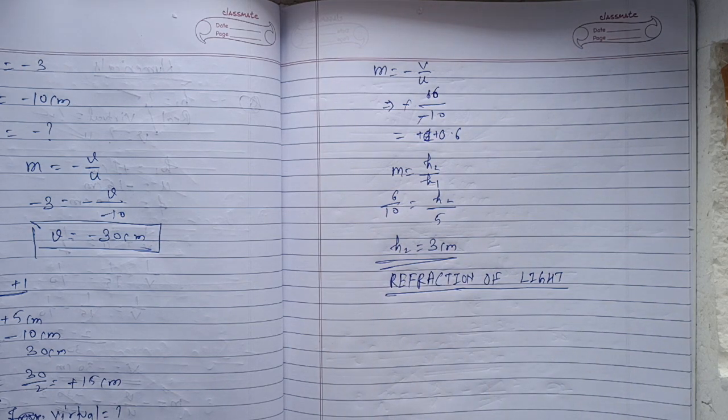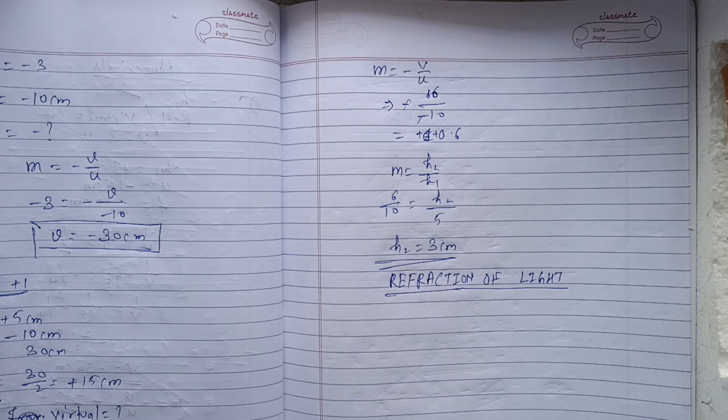So sir, what is refraction of light? As discussed in the previous class for a very short period of time, in reflection what happens is that a ray comes, strikes a surface and comes back from the same surface. It doesn't penetrate, because it strikes a surface which is not transparent, which it cannot pass. It strikes an opaque surface. So that is reflection of light, in which light strikes and comes back.